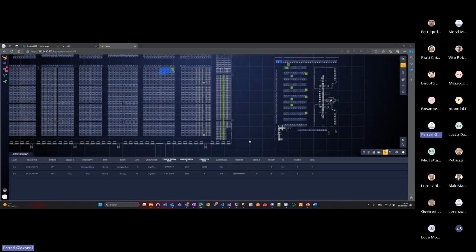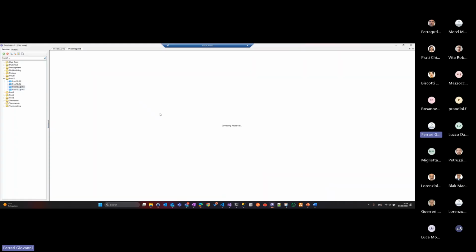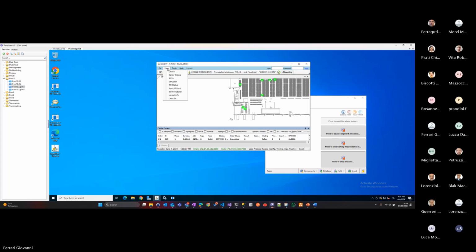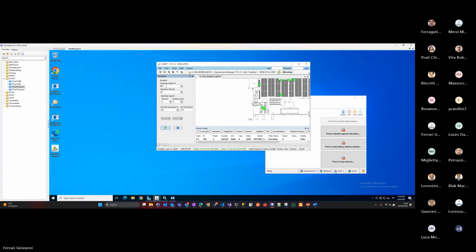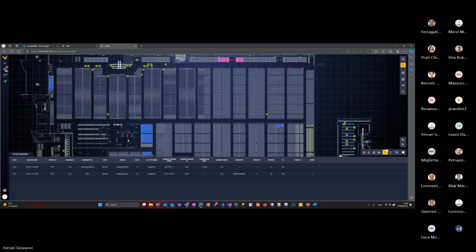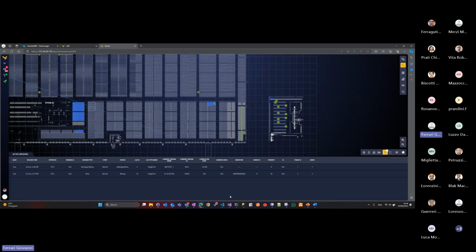I wanted to just show you, maybe I can try to make the simulation a bit quicker, a bit faster. Okay, it's taking the material from here and then it's moving. What I can show you while it's moving to drop is that,